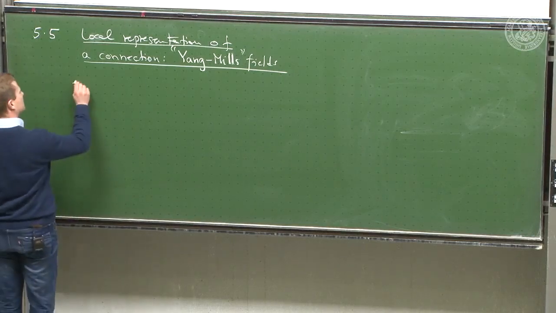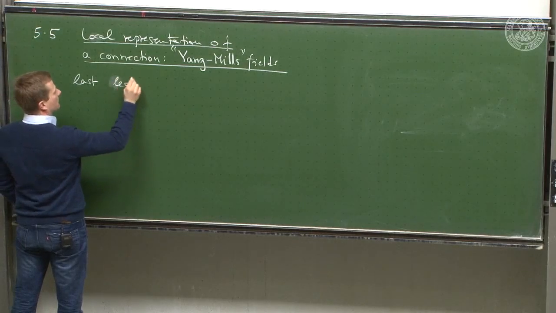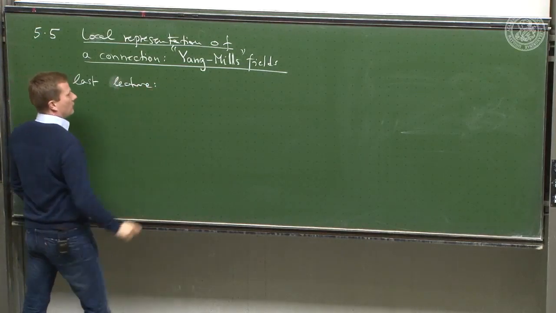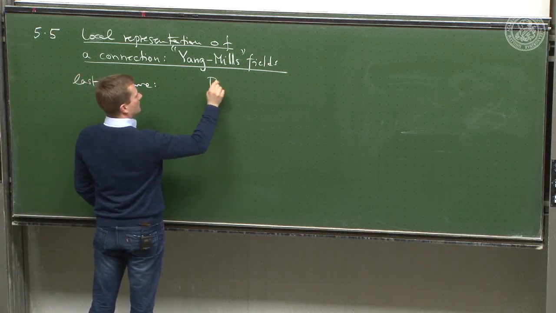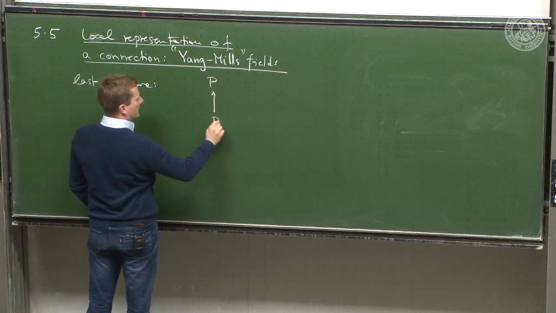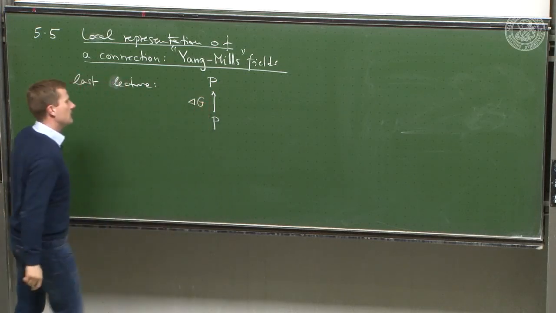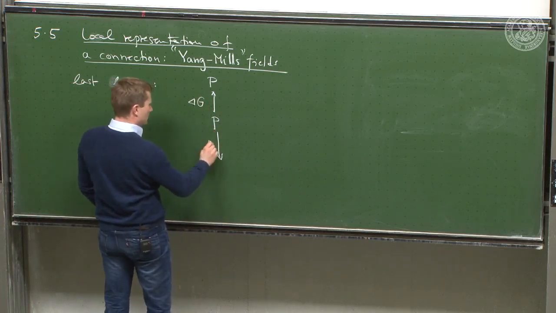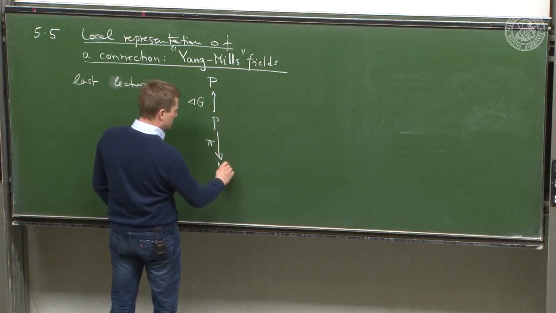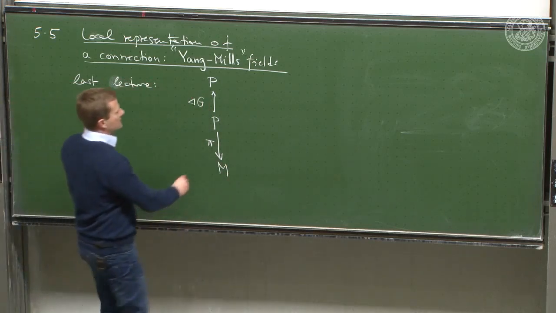So what was the situation? Let's recall that in the last lecture we considered a principal G bundle. So we had a principal bundle with total space P, a right action by some Lie group G, a projection down to some base space. And on there we considered